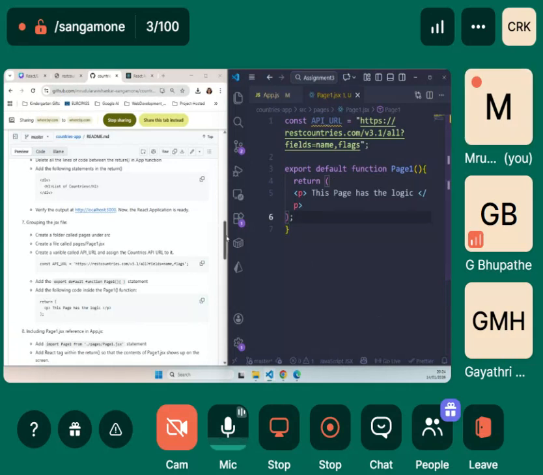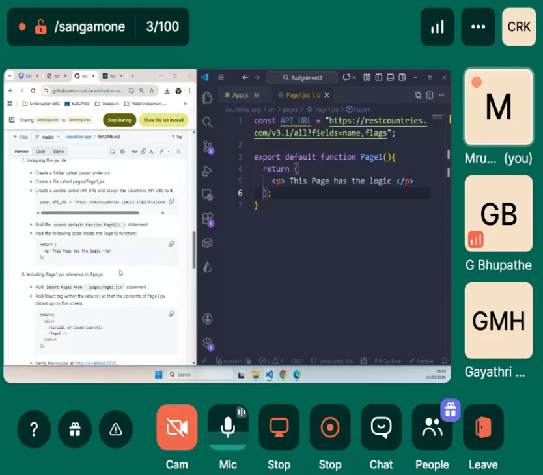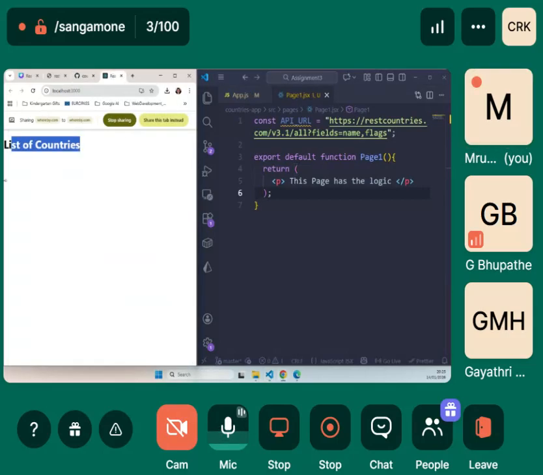We will do a little bit of this so that we can see. The indentation will always be a problem if you copy paste it from the readme file, but I think it should be okay. Now let us go back to our React app and see.